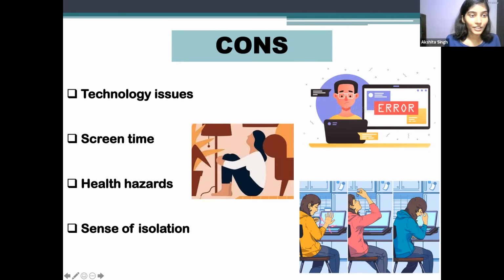While online learning provides no physical interaction, it can often result in a sense of isolation for the students. So it is very important for schools to conduct interactive sessions in various methods like online messages, emails, and video conferencing that will allow for face-to-face interaction.